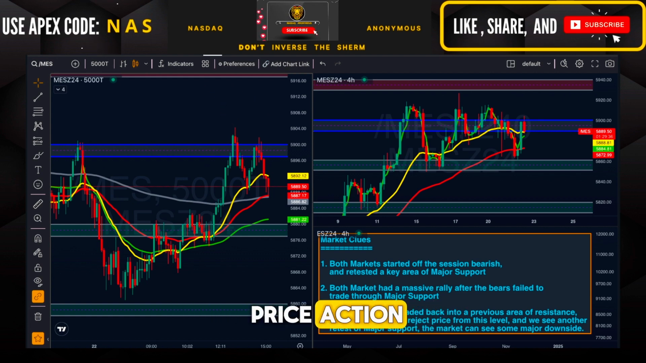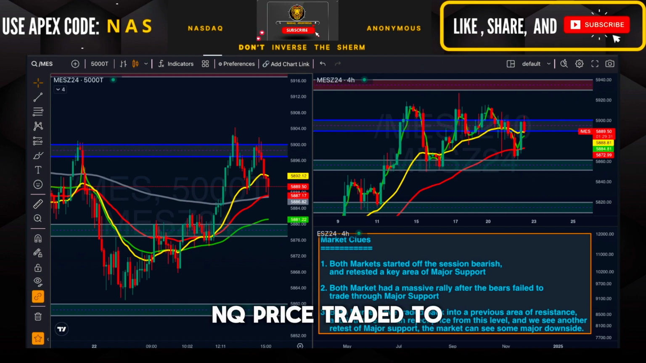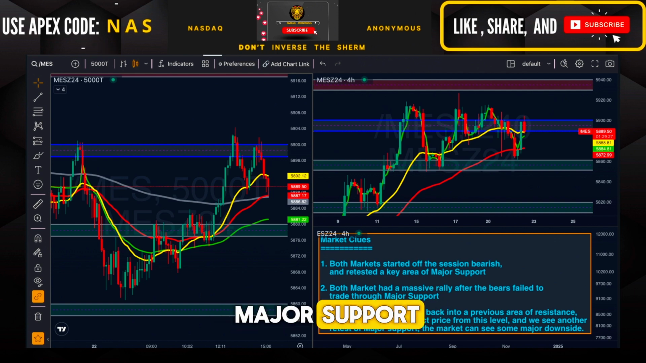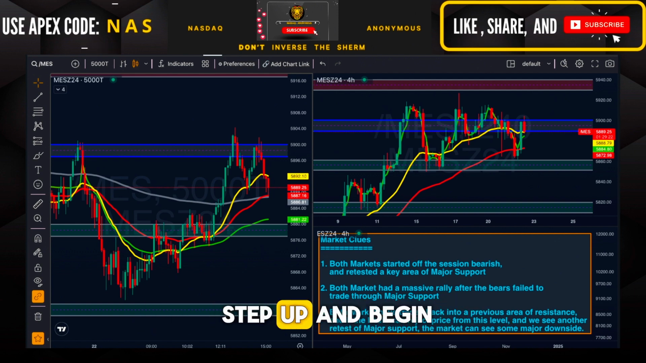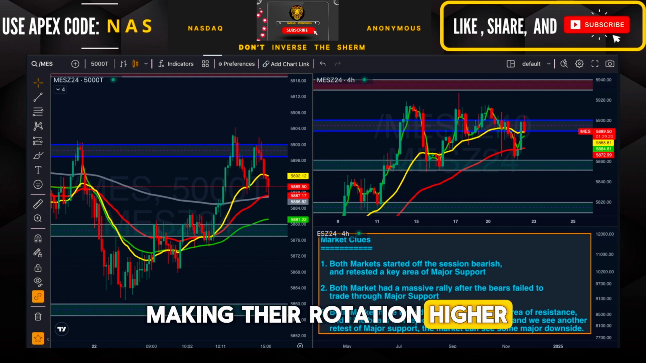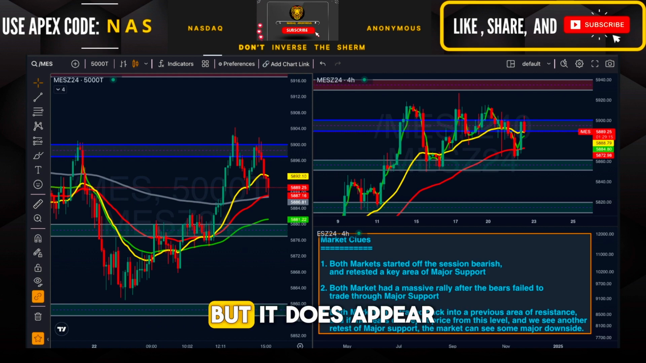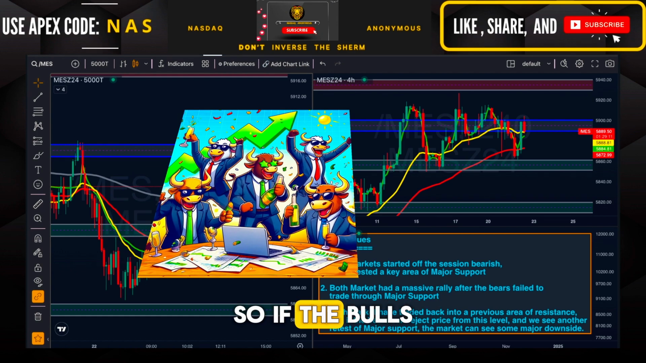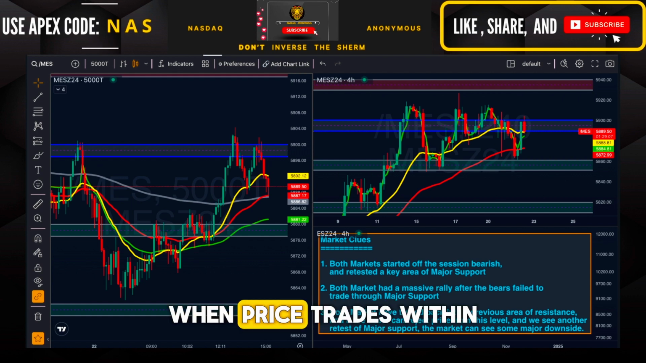And based on this price action, this is what I'm going to be looking for. So just like the NQ, price traded to the downside back into a previous area of major support. And when the bears failed to rotate price lower, we saw the bulls step up and began making their rotation higher, then seeing a slight sell-off going into the close of the session. But it does appear that the bulls did find support. So if the bulls can maintain their control overnight, then I'll be watching the reaction when price trades within a